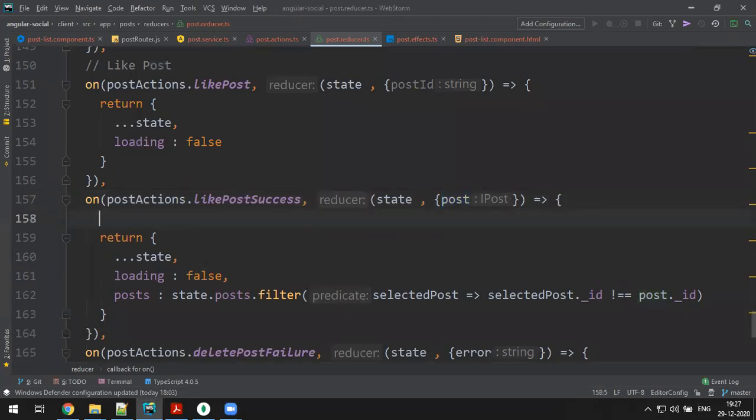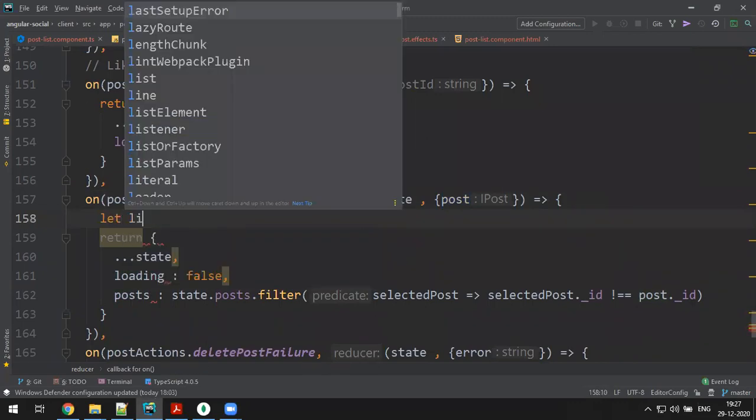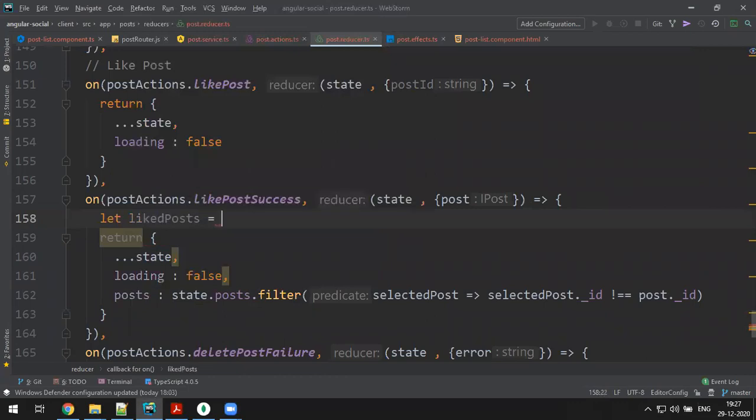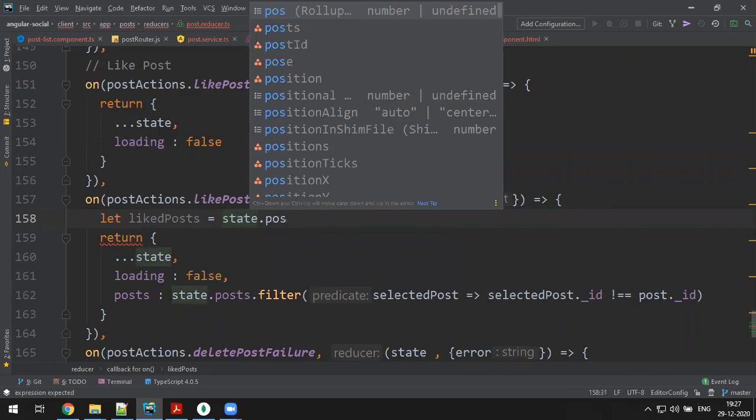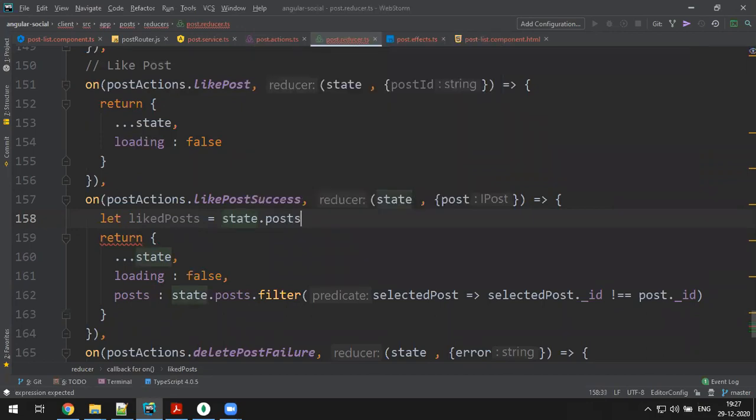So like this. Let's do updated posts. Just do like this. Liked posts is equal to state.post.map function. In that, each selected post will come.